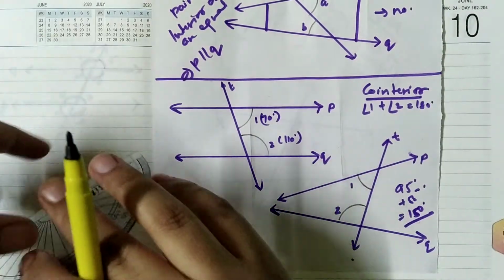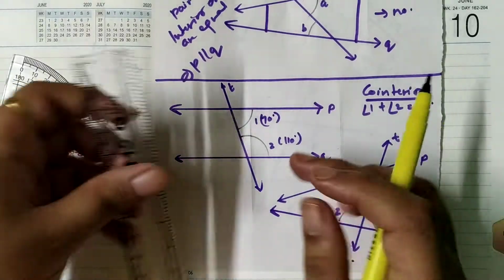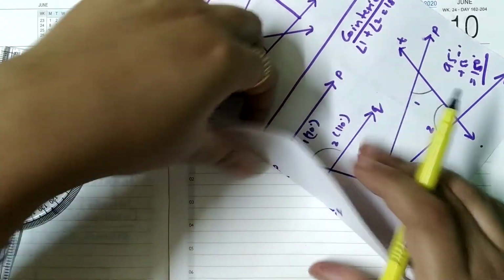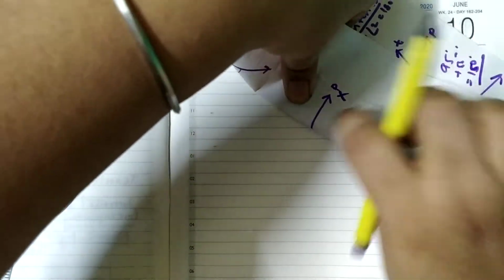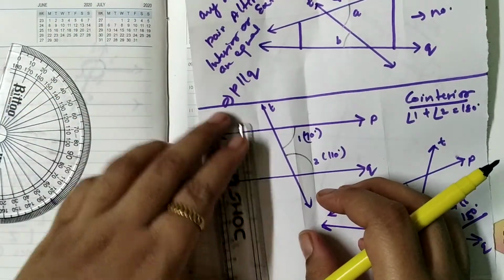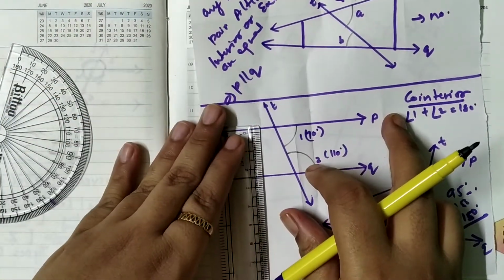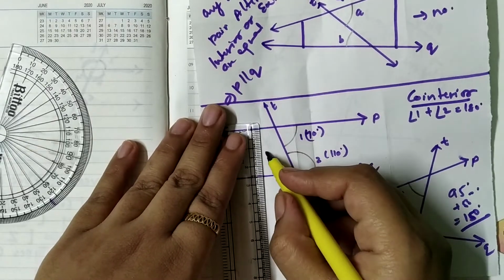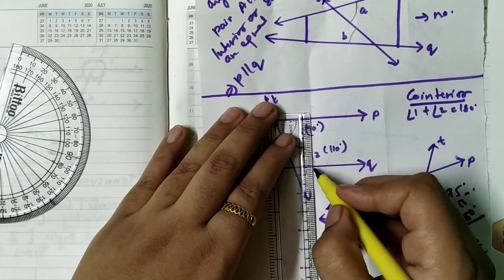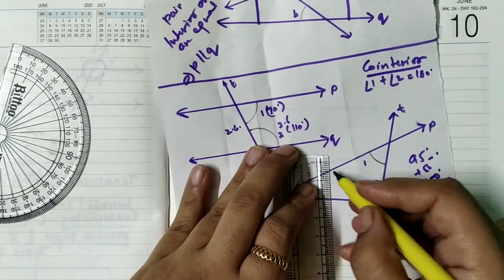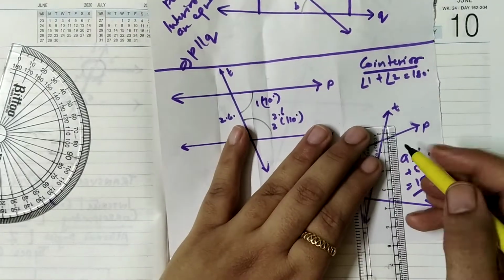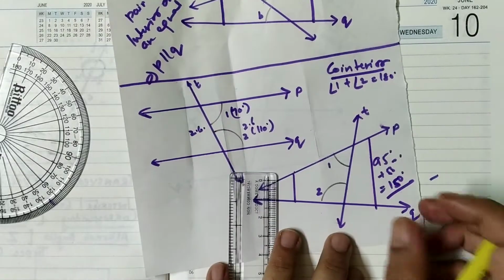So by the same procedure, the distance between these two lines should be the same. So with the same process, I am marking the perpendicular distance here like this. You can also mark in the same manner. Just measure it with the help of your ruler. This is 2.6 and this is also 2.6, but in this case, if you measure this distance, this is 1.5 and this distance is bigger than 1.5.